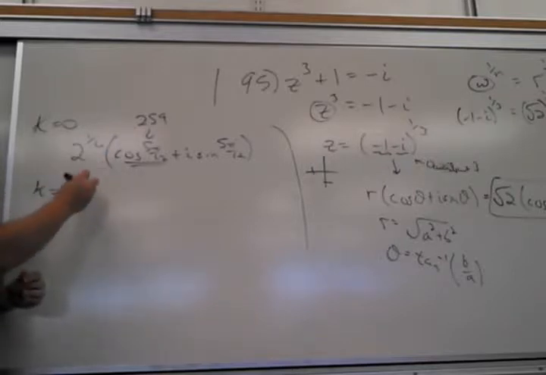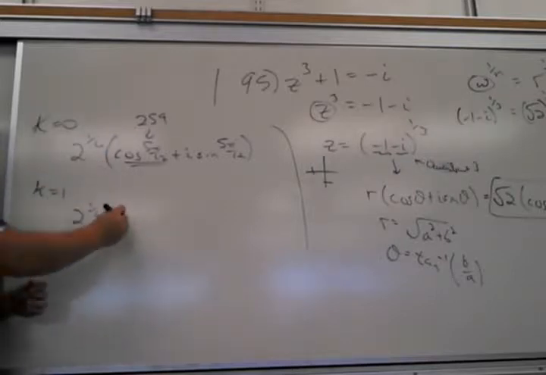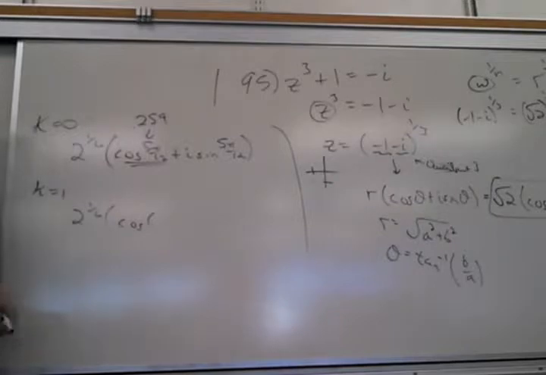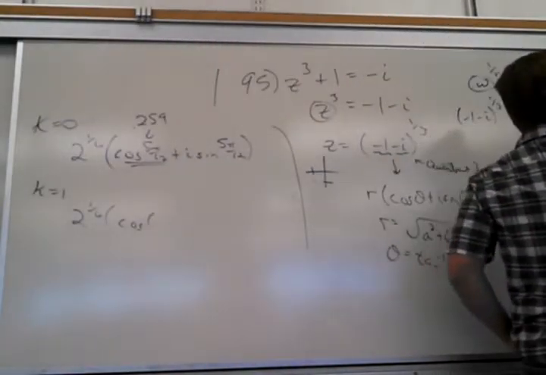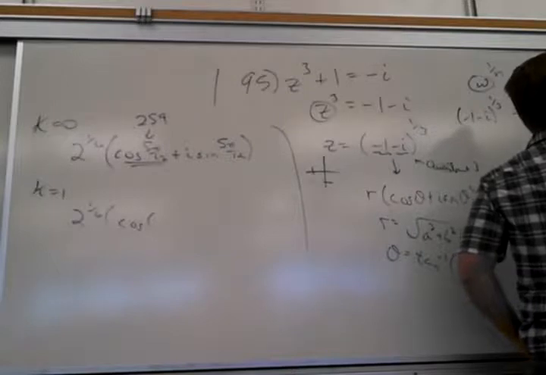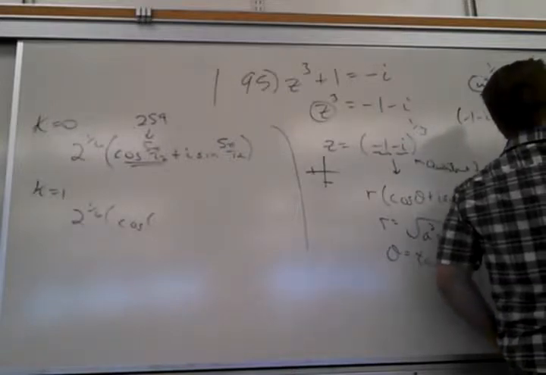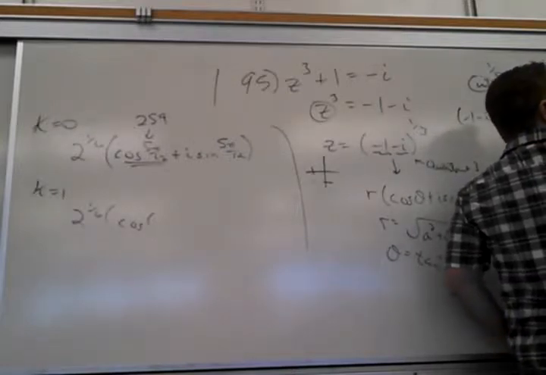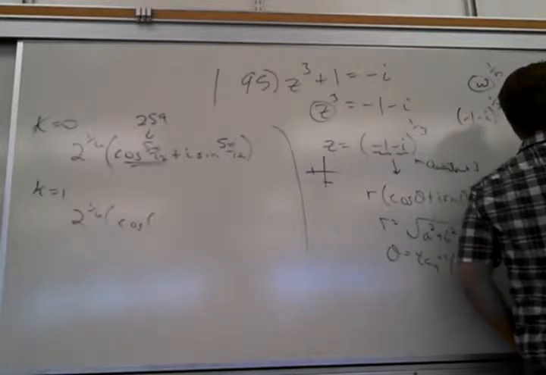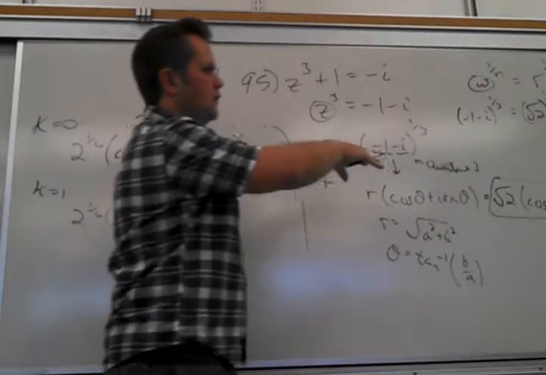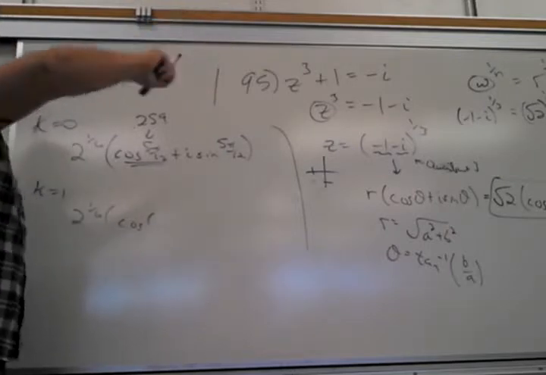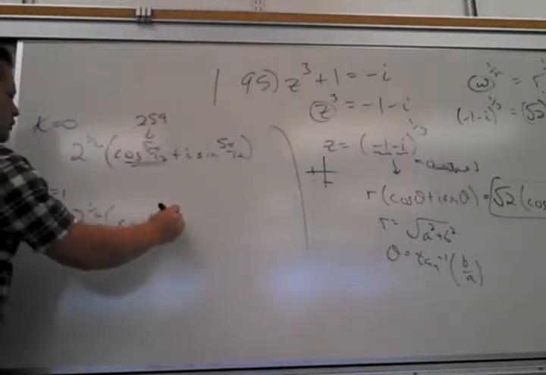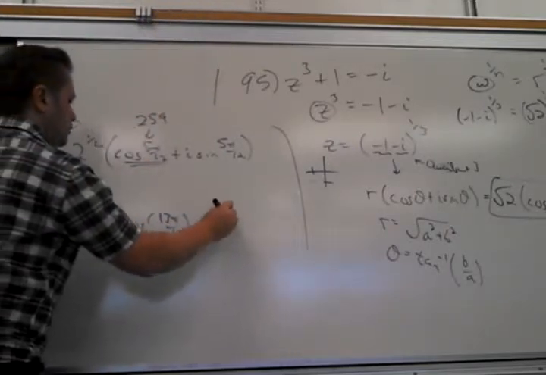k equals 1 would look like what? Cosine of 5 pi over 12. Let's make this a little bit better here. This will be 5 pi over 12 plus 2 pi k over 3, which is 5 pi over 12 plus 8 pi k over 12. So at 0, it's 5 pi over 12. At 1, it's 13 pi over 12. And then at 2 it's